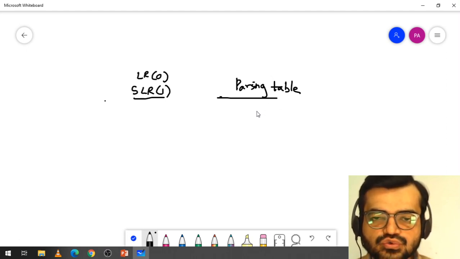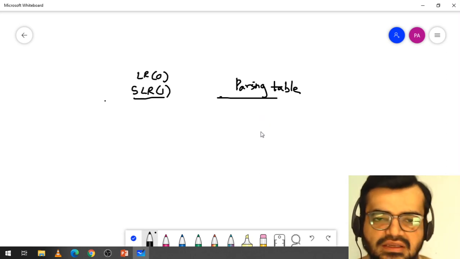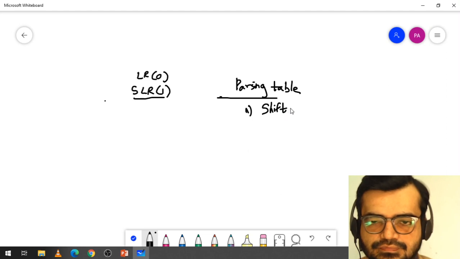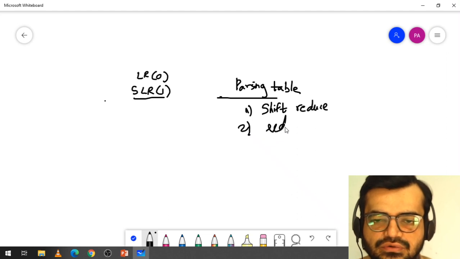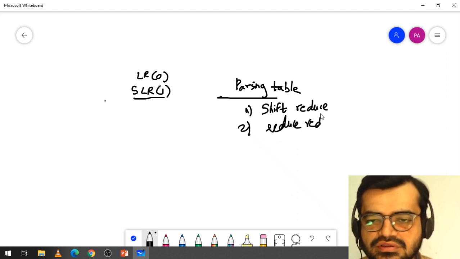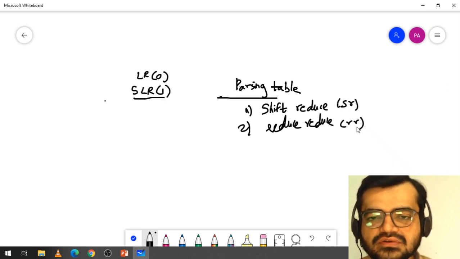So what are those two conflicts? The first is the shift-reduce conflict, and the second is the reduce-reduce conflict. Simply, I can use the term SR for shift-reduce and RR for reduce-reduce conflicts.